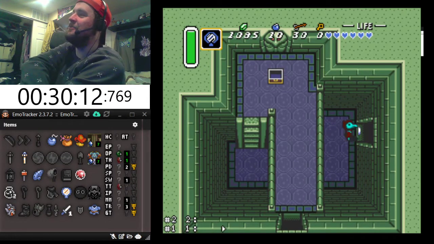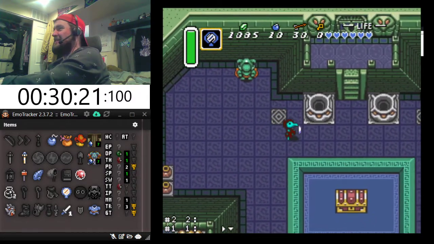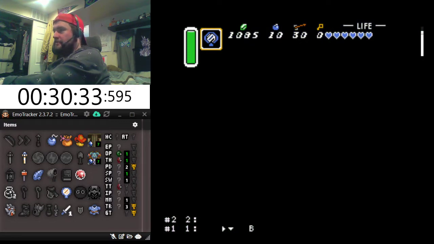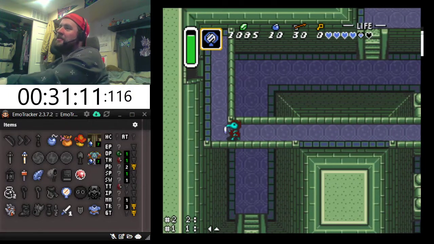Swamp Palace Small Key. That's actually one of the most important ones in the game, because that is the one that gets you in the front door of Swamp Palace. At this point, I need the sword to be able to see where I'm going in a dark room. I've gotten better, I must say, at doing that, but...